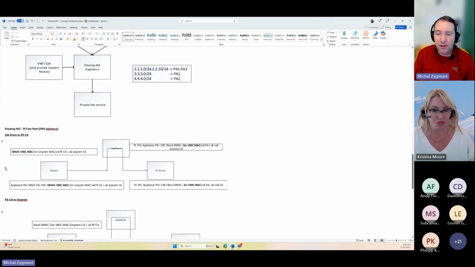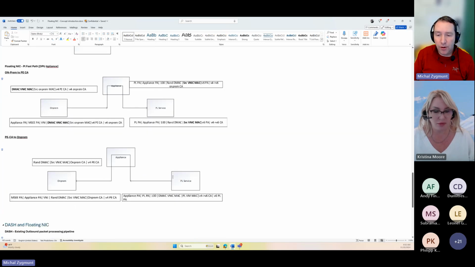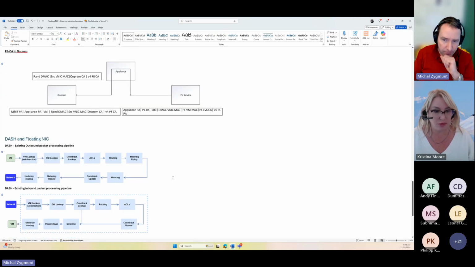So this is the kind of stuff that, for example, from on-prem will be going to the appliance, which we call appliance, but right now will be like DPUs and smart switches, right? Previously it was a community appliance, and then it went to a specific private link service, doing all the NCAPs, right? So the existing